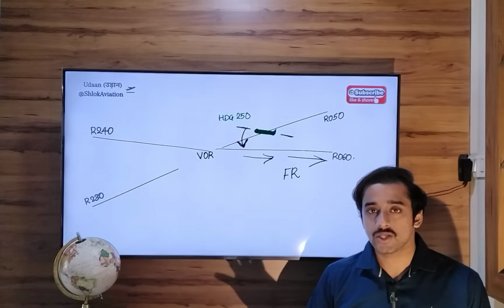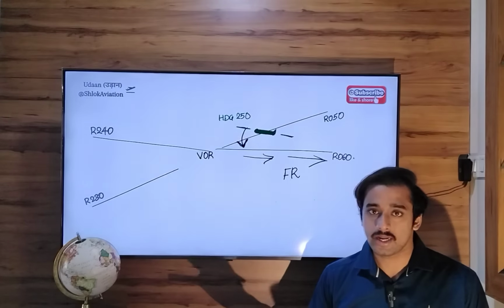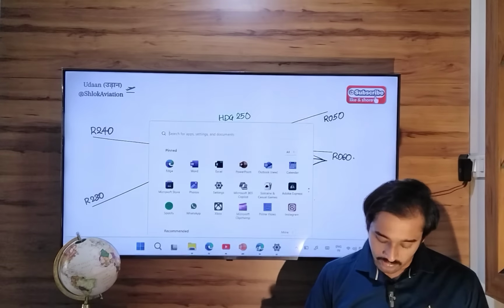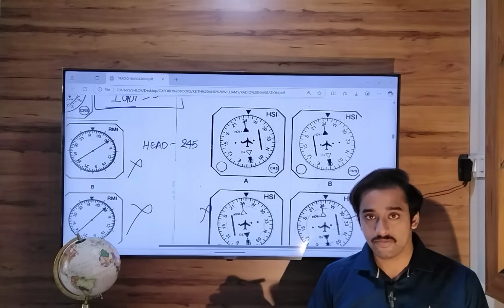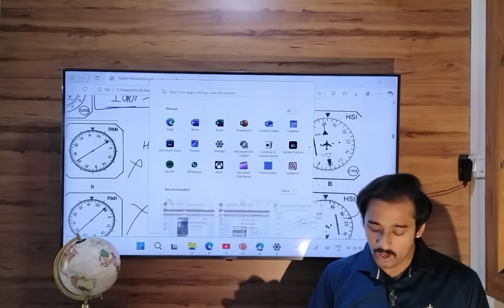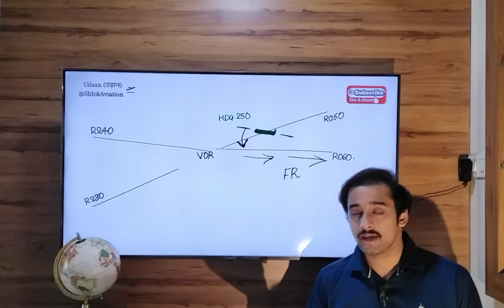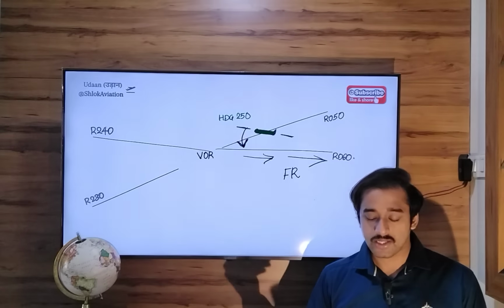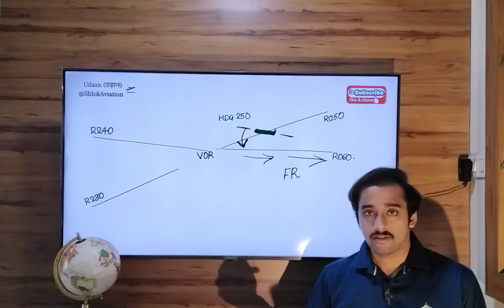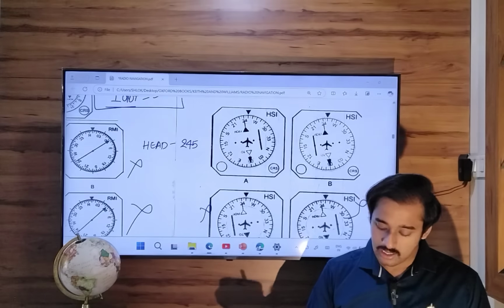Okay, there is no normal sensing of the needle, reverse sensing of the needle. Whichever direction the needle moves, you follow that direction and turn your aircraft. So in this case, it will be appropriate to turn your aircraft left by 10 degrees, because you are on radial 050 and 060 differs by 10 degrees. From 050 it differs by 10 degrees. So it is telling you to fly left where the radial 060 is situated, and therefore the correct option is